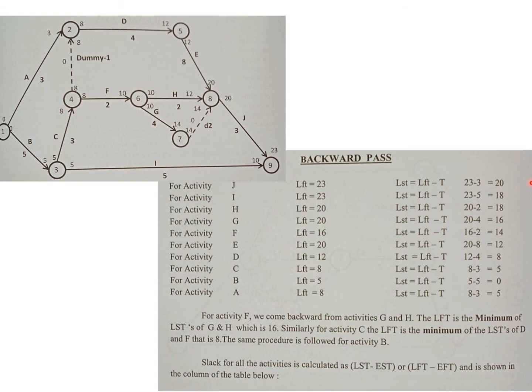For example, over here we have activity A. It says that the latest start time for activity A is 5 days, right? But the earliest start time for activity A we know is 0. So the slack time for activity A is the latest start time minus the earliest start time. It should be 5 days. Let us check if that's the case or not.